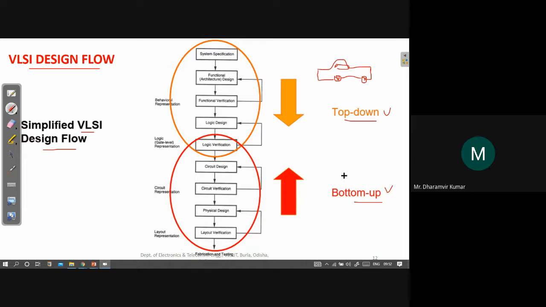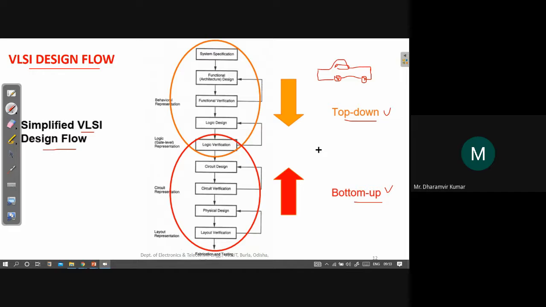First let us design those smaller components, and then we will connect them in a proper fashion to form a car. When you connect those components, the car will automatically take shape.